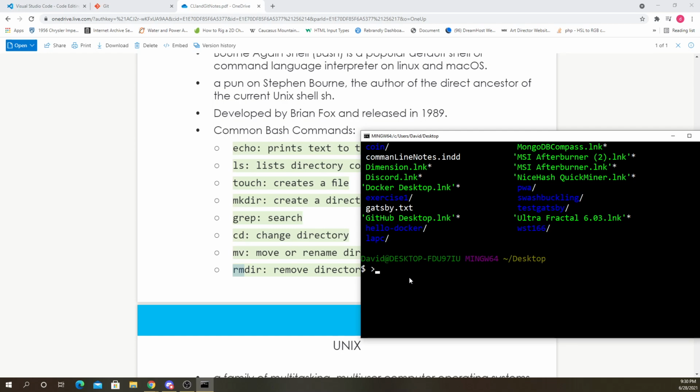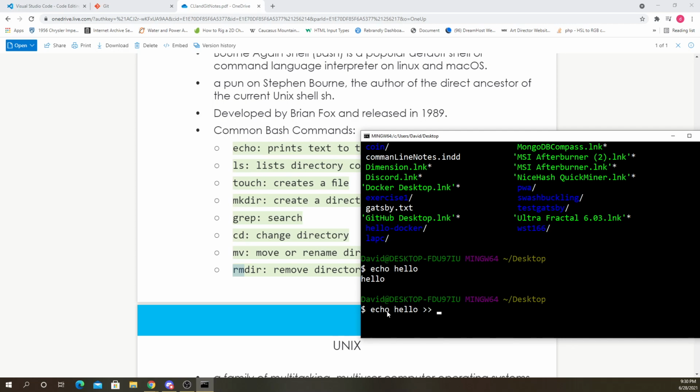So again, the arrow will redirect your output. So it's not just with echo that you can use the arrows. You can use it with other things. Echo is just a simple way to output something. Because this is the output, right? I type echo hello, and then the next line it says hello. But if you type echo hello and you use the redirection symbol, that arrow, it will place it in another file.